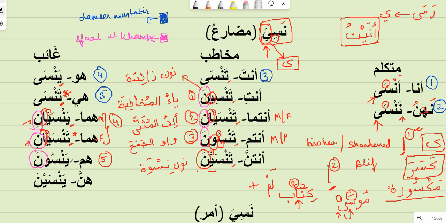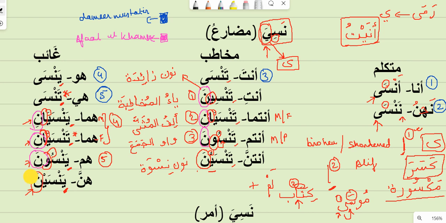Now for whom, the same thing as you did here for antum. What is the difference? Here there is ta, and here you can see the ya, but the structure is the same. With vowel jama and dhamma, the ya is deleted. Same for the phonetic reasons. And this noon is the extra noon. And same here, the ya is there and it is not changed to ta. Just as you saw in huma feminine dual, as you saw in hiya feminine singular. Why? The reason is that the